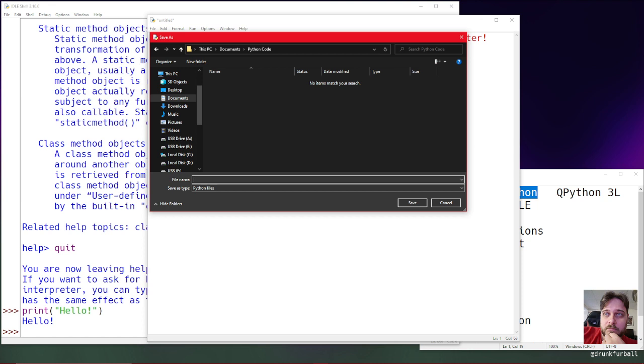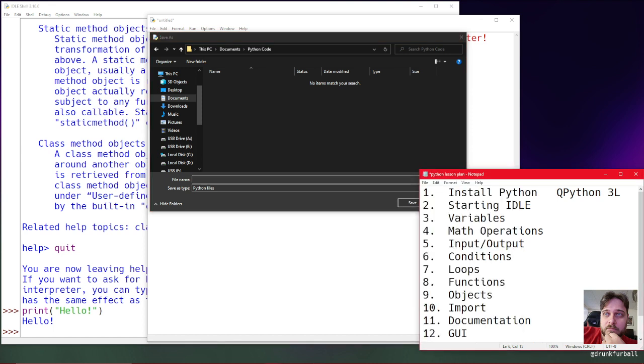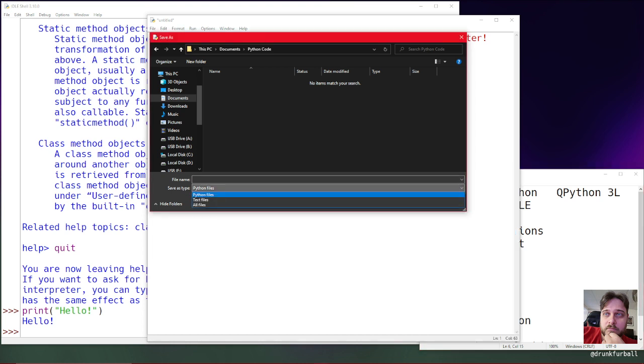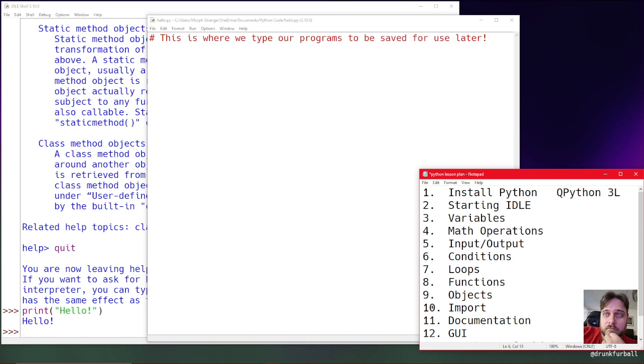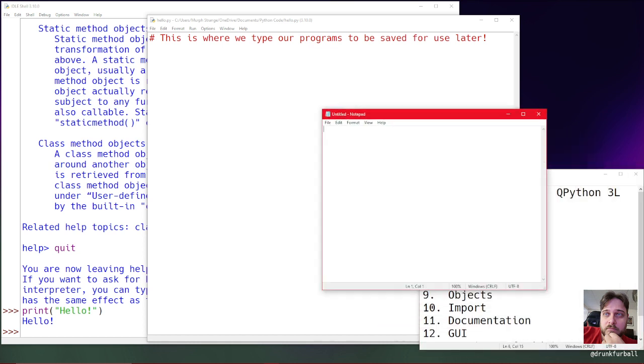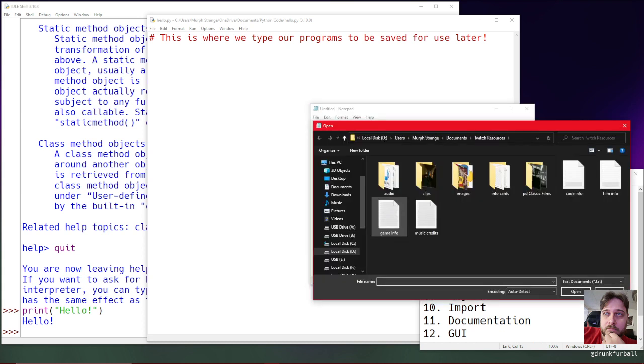Now, all Python code saves as text files. So just like this Notepad program that's on literally every Windows computer saves text files, the Python interpreter saves your source code in the exact same kind of thing. It just puts a Python extension at the end, but it's literally just text files. So, go like that, save. Alright, and to show you that it's literally just a text file, nothing more,